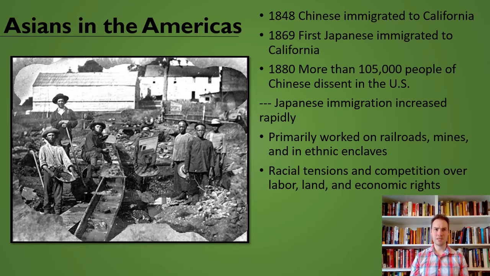And they really do start to come in large numbers. So by 1880, for example, you have more than 100,000 people of Chinese descent in the US. Many of them would be second generation, right? So you have people that are Chinese but were born in California or Washington. So this is really tricky. Are these people going to be American? Are they going to be citizens? What's happening? The same thing starts to be a problem with the Japanese.